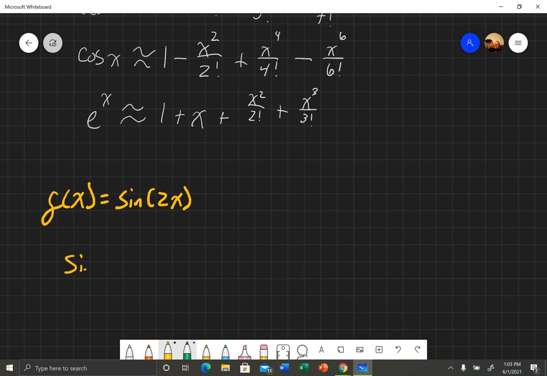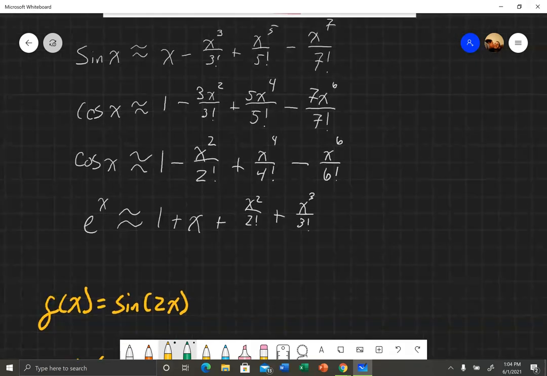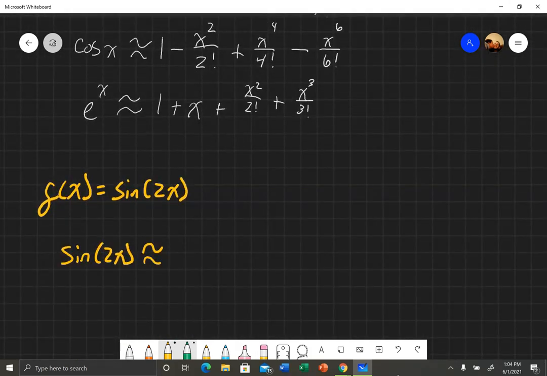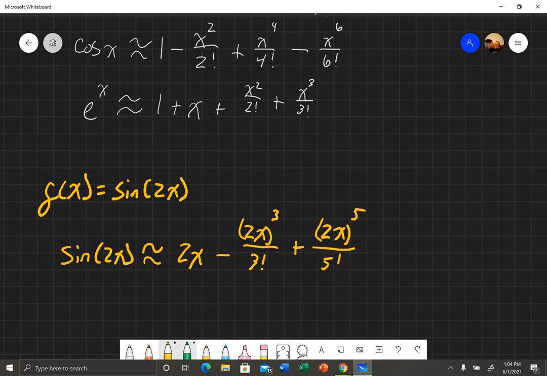So we get sine of 2x is approximately equal to, and basically what we're going to do is anywhere we have an x, we're going to make it a 2x. So we get 2x minus 2x cubed over 3 factorial plus 2x to the 5th over 5 factorial minus 2x